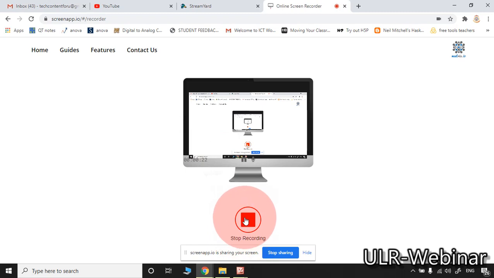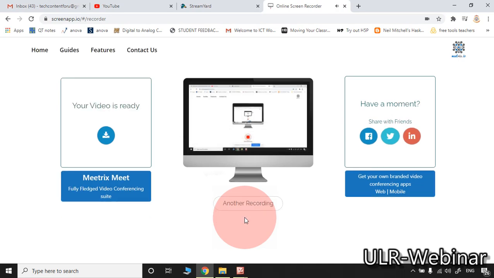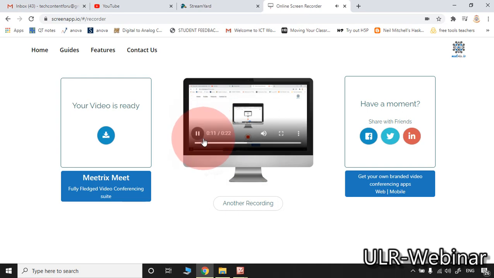I am clicking the stop recording. Please observe here. Timer is there. The timer that is increasing means that is recording. I am clicking the stop.